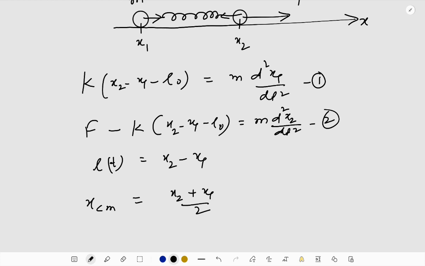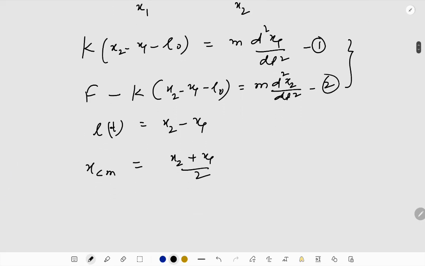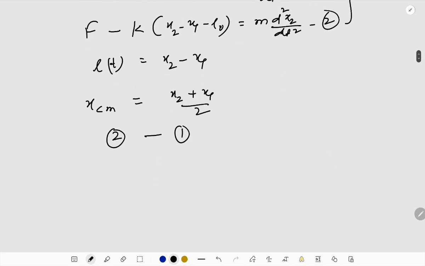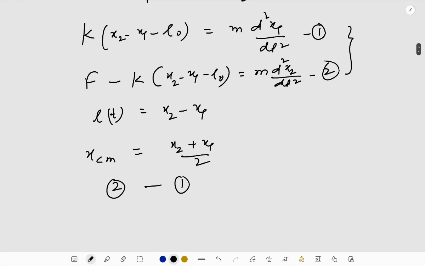And you can do one thing. You can subtract the equations. You can either do it by doing 1 minus 2 or 2 minus 1. I'm going to do it by subtracting equation 1 from equation 2, and I'm going to get some result like